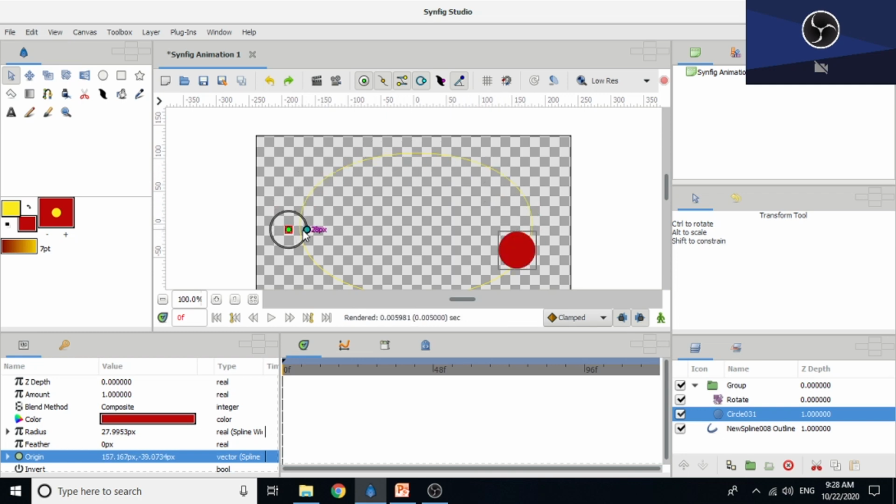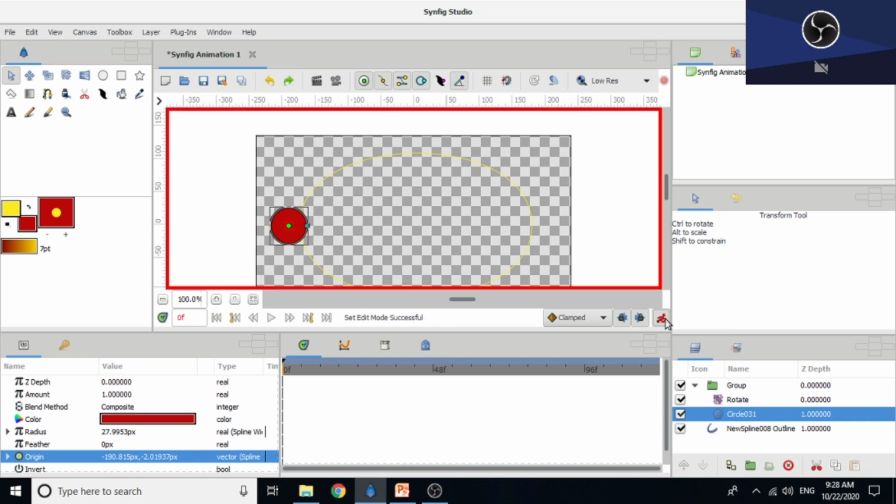Now put the circle on the starting position and select frame 0. Now turn animate editing mode on. Move the circle layer a little bit, then click on any other frame and change its position. You can see a diamond sign is given here.